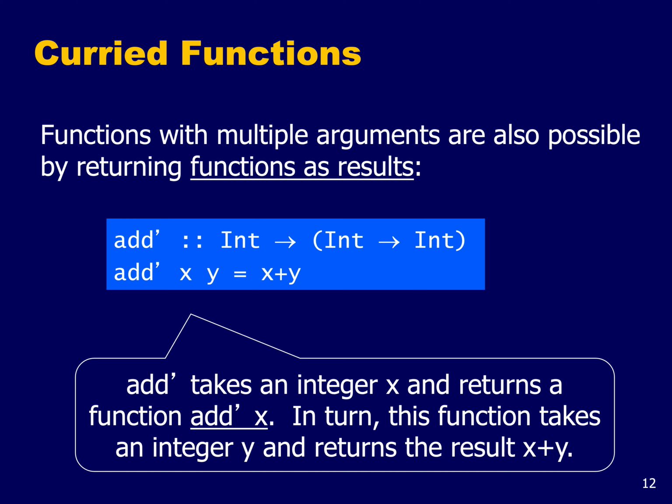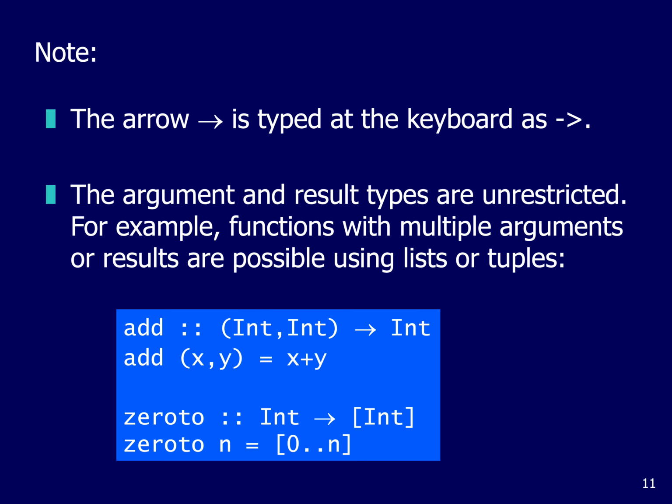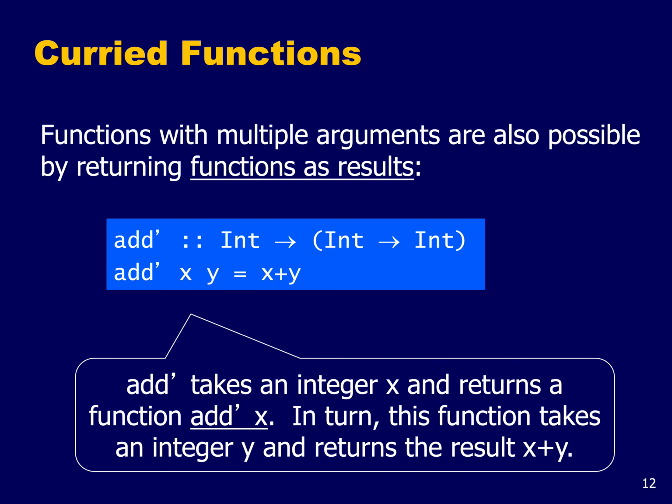So what you see here is that the add prime function is taking its two parameters one at a time, whereas with the add function, we took the two parameters at the same time. We took a pair x and y. Here you take one number as the first parameter, and then you get back a function which expects the second one. So how do you actually write a definition in this form? I've written add prime and then x and y with no brackets anymore, because we take the parameters one at a time now, and then we simply get back x plus y. This is the idea of building a function with multiple arguments by the clever idea of